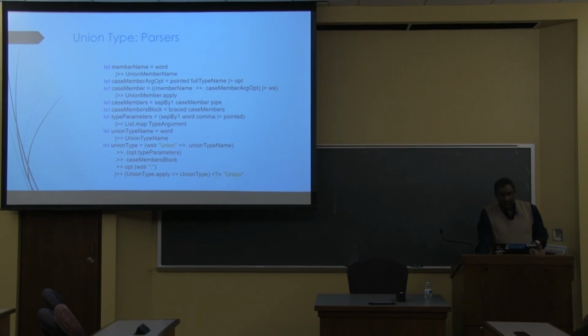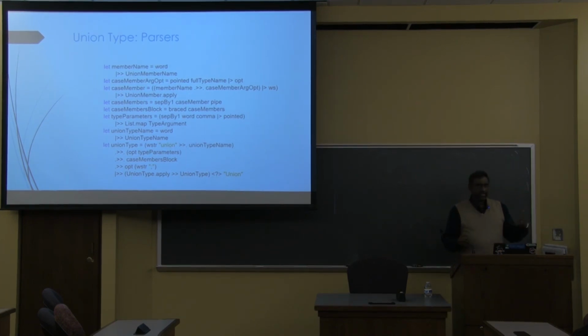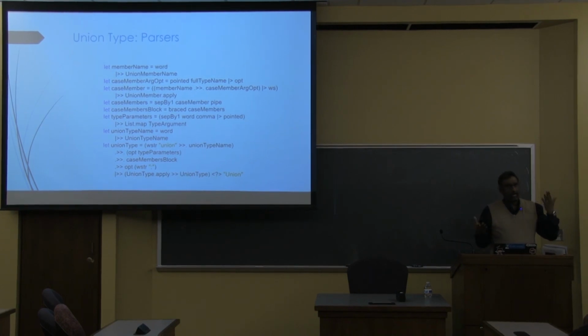So I'm not going to go into great detail about how FParsec works, and there's plenty of material out there that actually allows you to do this, but the idea is to be able to take text, run it through a fairly small set of functions like this, and get back an instance of the AST that we defined.